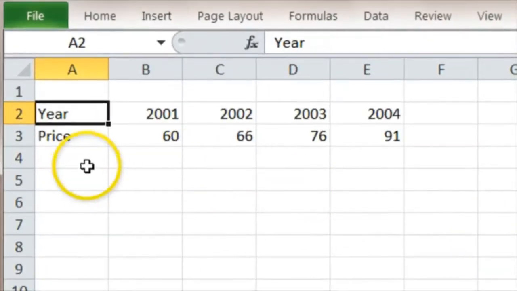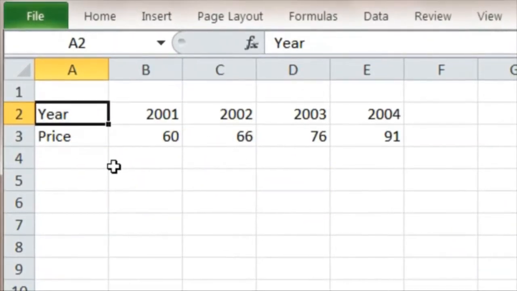Let's look at this data of the price of an item over 4 successive years. It starts at 60p, ends up at 91p. But how big an increase is that really? It's not too obvious just by looking at those numbers what the percentage increases are. So what we do is take one number as the base year and then calculate the others relative to that,